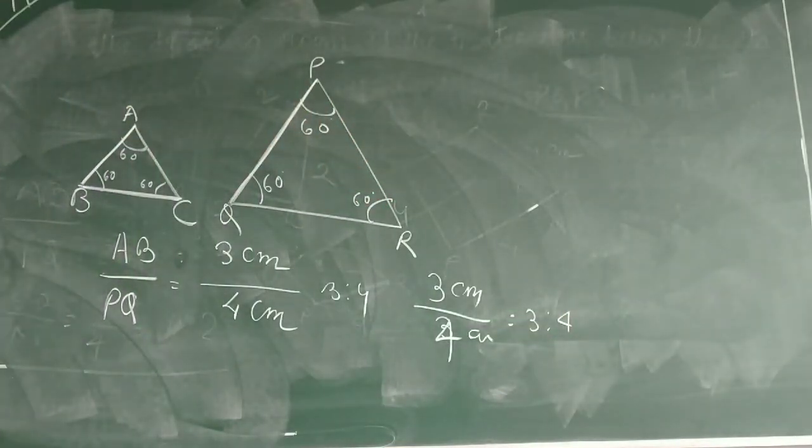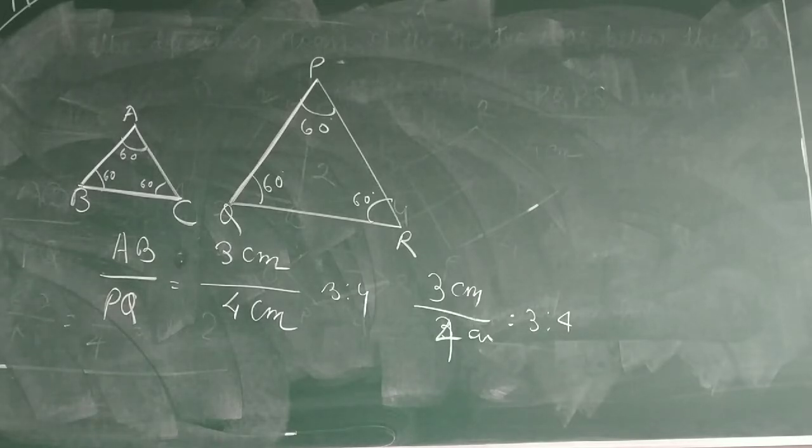So students, from this point we can conclude that in a triangle, if the angles are equal, then their corresponding parts will be in proportion. The ratio will be in proportion. If the ratios are in proportion, then their corresponding angles will be equal. That is called equiangular. So that is why we are going to discuss the similarity of triangles in this chapter very deeply.